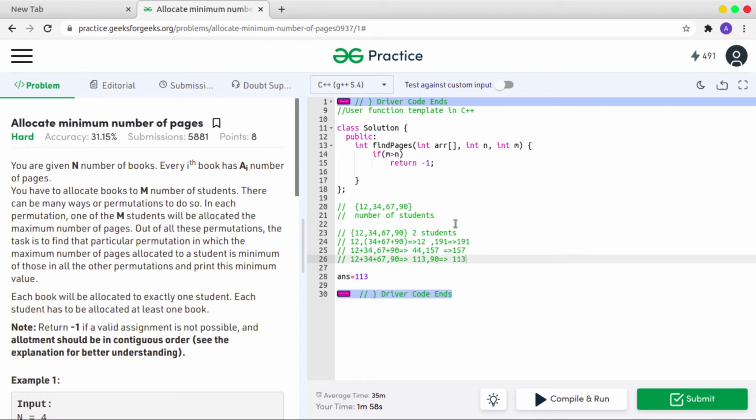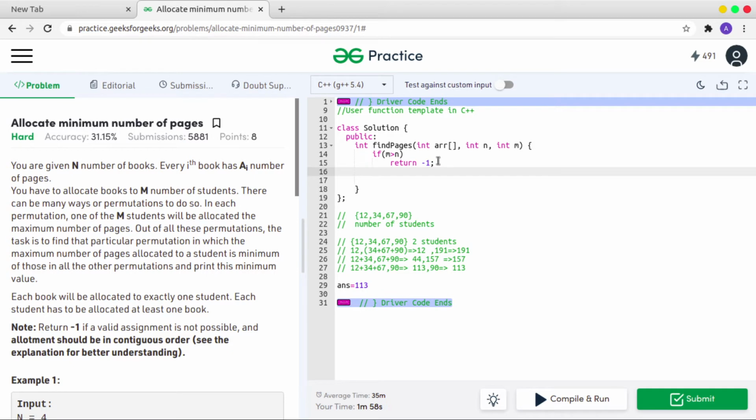How are we going to solve this question? Basically, this is a binary search question. Companies want you to implement binary search in this type of question. So let's see how we are going to implement binary search in this. You know the simple format of binary search, so we are going to implement it in the same way.